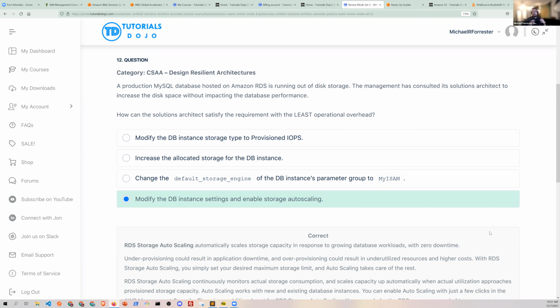You can actually go into the web interface or use the API and turn the dial on storage manually if you want to, but they're saying which one is going to give you the least operational overhead. So that's why that's the right answer, Gayatri, but you can actually turn the dial on it. Okay, got it. Yeah, sorry. Again, I need to be very specific, right? That's what the question's asked for.